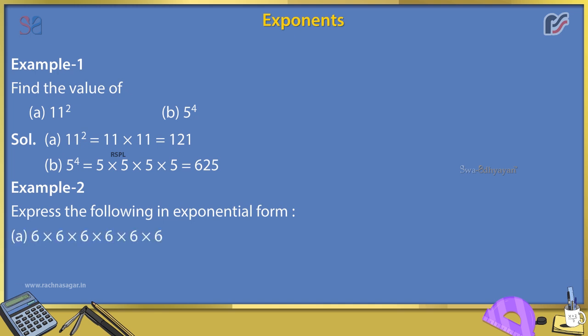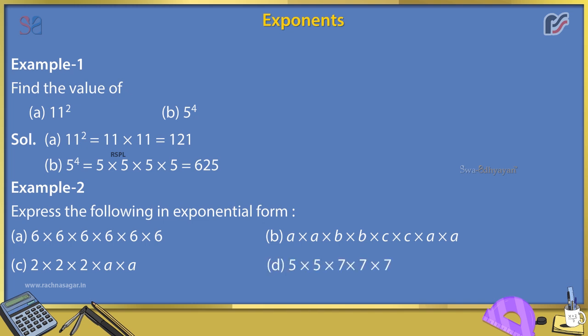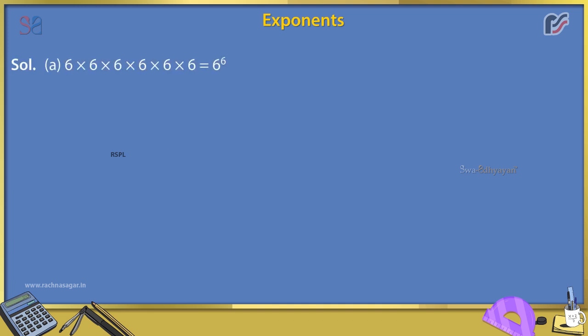Example 2. Express the following in exponential form. A. 6 into 6 into 6 into 6 into 6 into 6. B. A into A into B into B into C into C into A into A. C. 2 into 2 into 2 into A into A. D. 5 into 5 into 7 into 7 into 7. Solution: A. 6 into 6 into 6 into 6 into 6 into 6 is equal to 6 raised to the